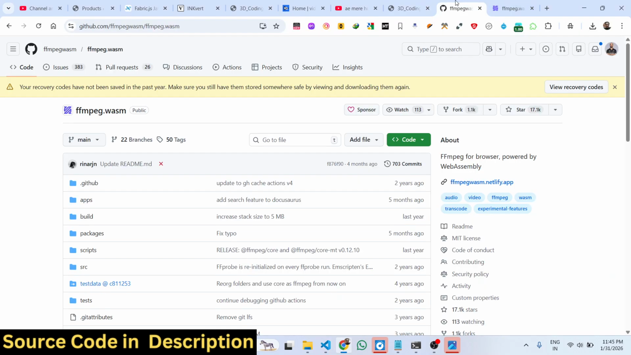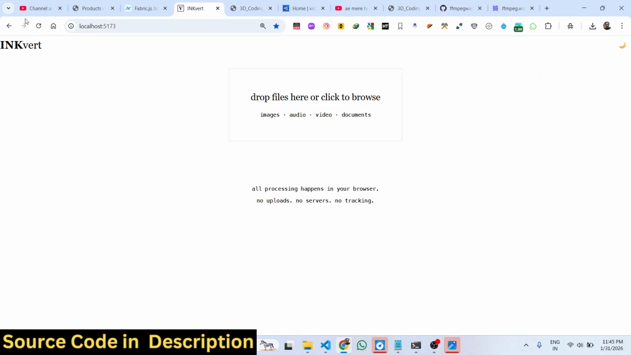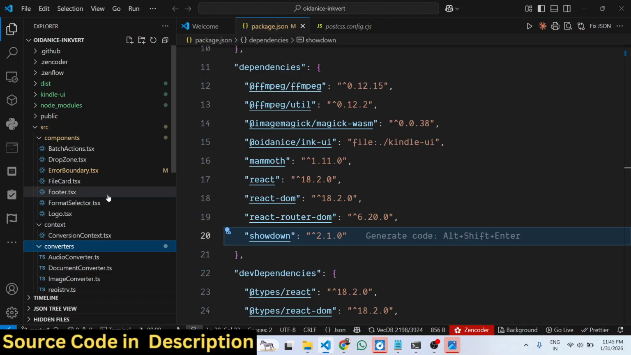It's just a single page application which runs directly in the browser. And from here, you can drag and drop your files, multiple files to convert from one format to another. So every file is